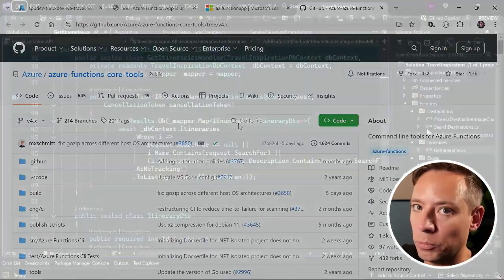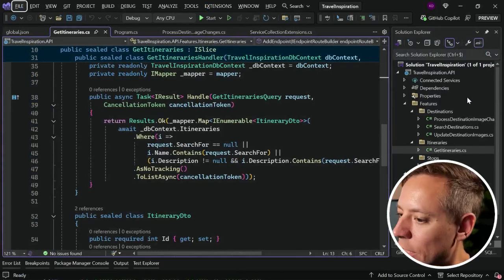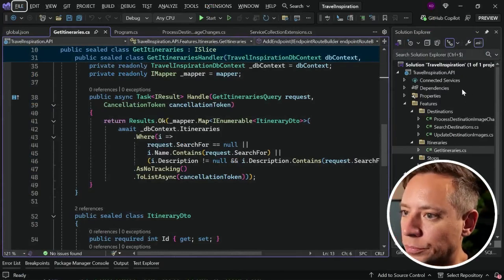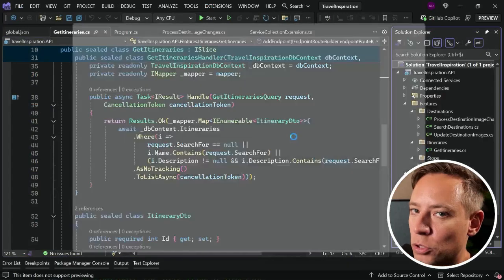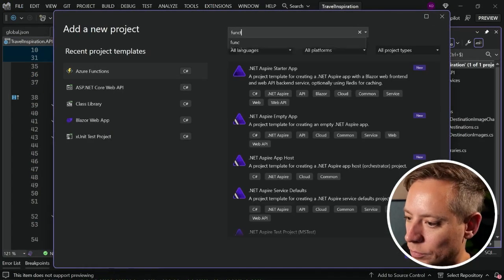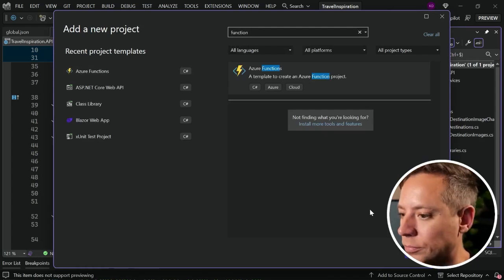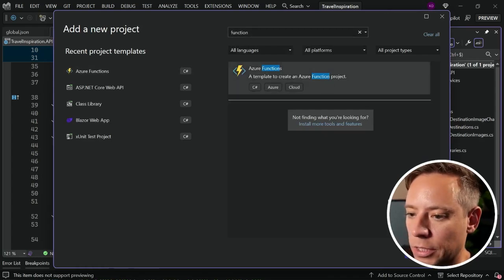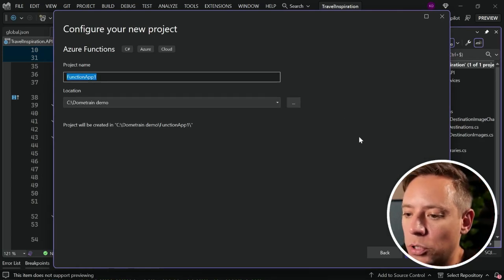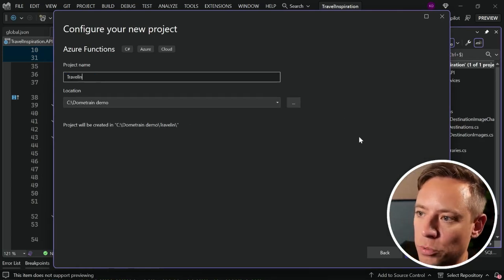Anyway, I'm going to switch to Visual Studio. Here's our starter solution. Let me add a new function app project to it. You should see the Azure Functions template. Let's select it and click Next. I'm going to name this one Travel Inspiration